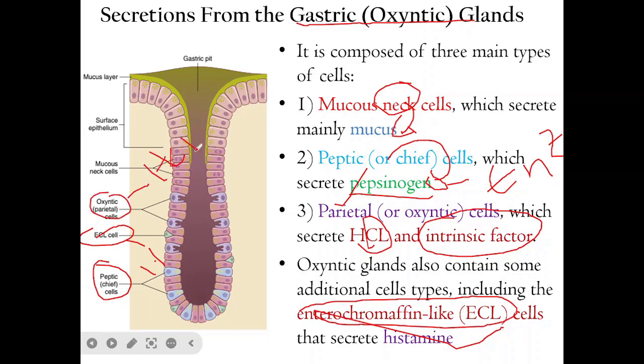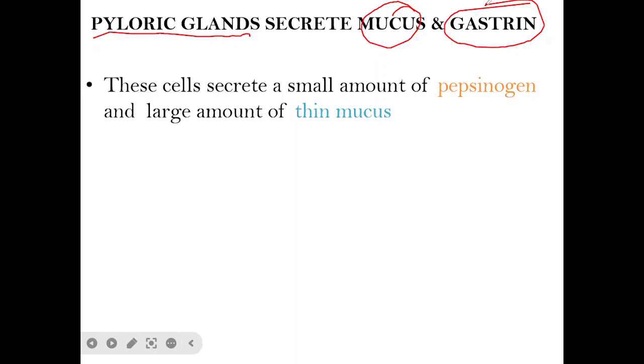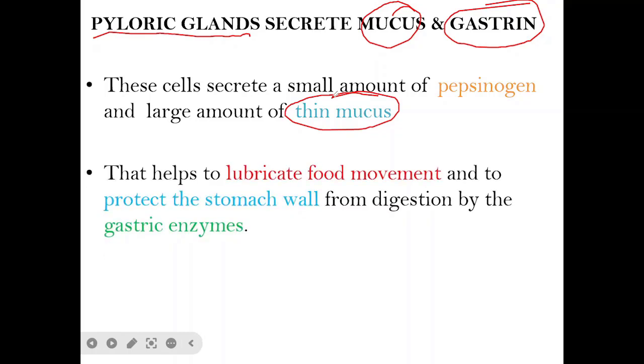ስለዚህ ጋስትሪክ ግላንድ በላዩ ላይ እነዚህን ሰክሬተሪ ሴሎች ይዟል። እነዚህ ሰክሬተሪ ሴሎች ከተመረቱ በኋላ ወደ luminal part of ስቶማካችን ይሄዳሉ ማለት ነው። And the second secretory cell inside the stomach ብለን የጠራነው the pyloric glandsች ናቸው። See, the pyloric gland synthesizes mainly thick mucus, small amount of pepsinogen ያመርታል። አብዛኛው thick mucusን ያመርታል። So this thick mucus inside the stomach is important to protect our stomach from hydrochloric acid attack. ይሄ protective function lubricative function አለው። It lubricates the semi-liquid food plus protects the stomach wall from the digestion by gastric enzyme. ይሄ gastric enzyme inside the stomach በቀላሉ ሉመኑን እንዳይጎዳ ፕሮቴክት ያደርጋሉ ማለት ነው።